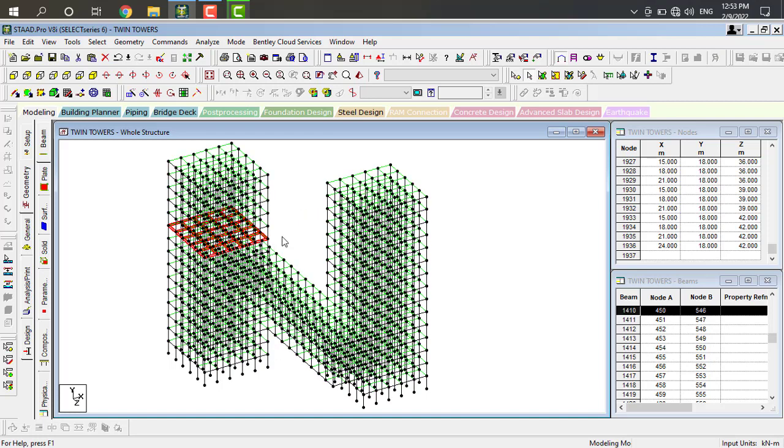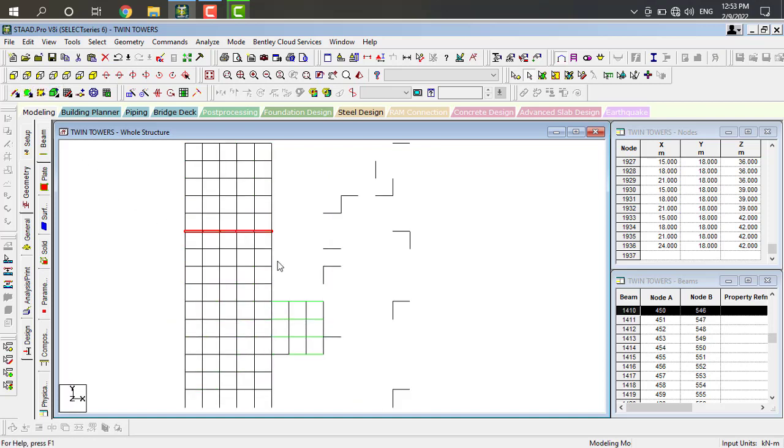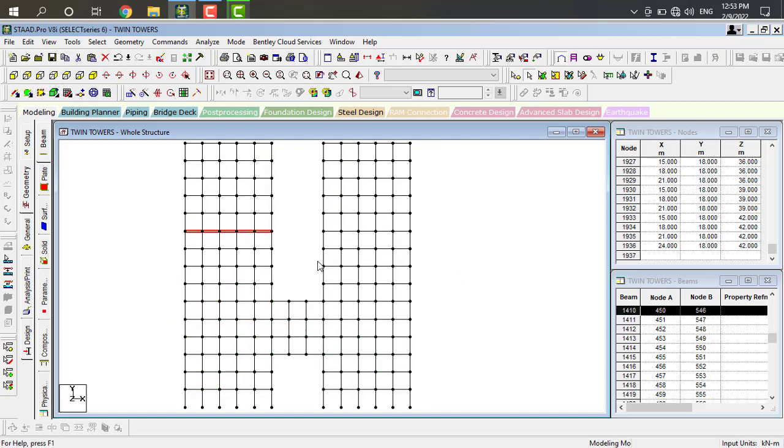Yes, here it will be selected. And again, go to front view, and here also I want to select the 9th floor, like this.